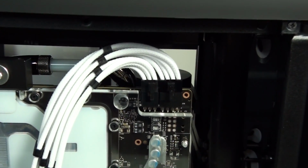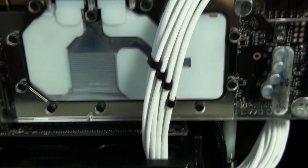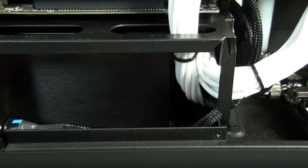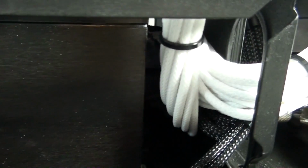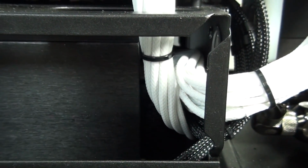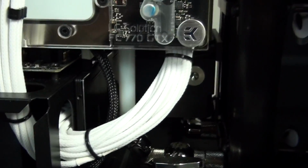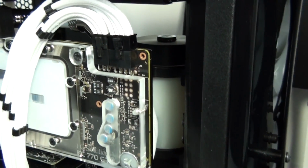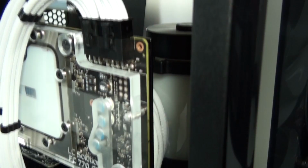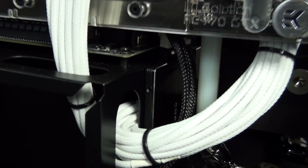And I had a lot of different cable routing options for the PCIe cables. I could have run them up behind the graphics card, up around the end of the graphics card, but I wanted to show off the custom cables as much as possible. So I wanted them out here in full view. And I also routed them this way because it almost mirrors the curve of the 24-pin cable, so I think it fits nicely. So you can see the 24-pin cable goes straight up between the back of the graphics card